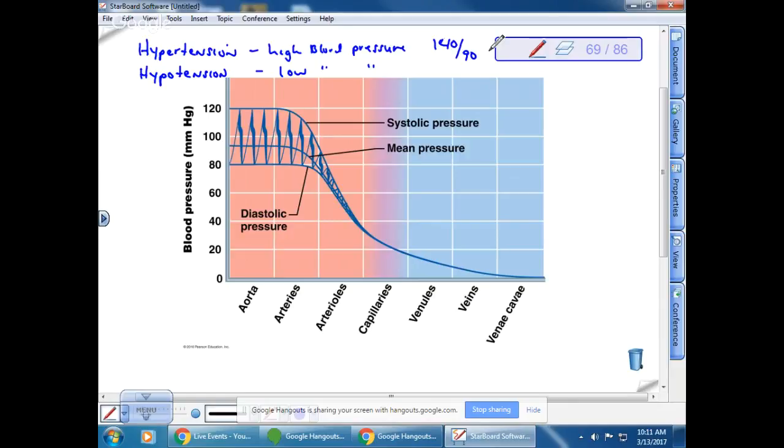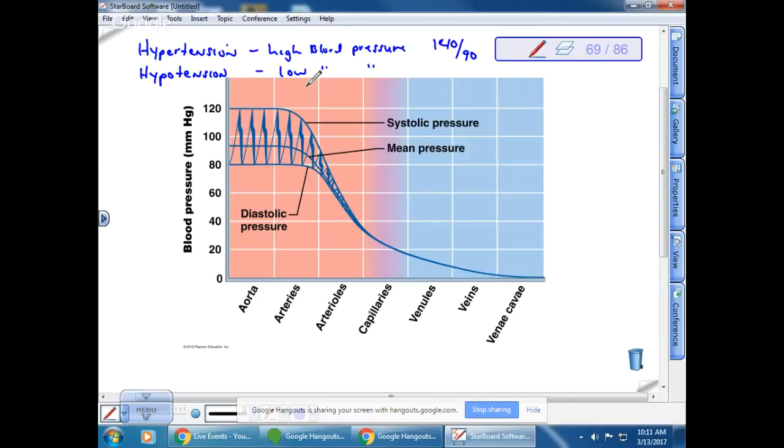Okay. Low blood pressure is not necessarily a bad thing, although if it's consistently low, sometimes it can lead to fainting. So when people get up and you have low blood pressure, you probably all experience this, getting up too fast. One of the things that happens is sometimes your vision goes away, so it turns white or it gets fuzzy, right? And you feel like, oh, I gotta sit back down again. That's because when you stood up, your blood pressure was not high enough to pump against gravity and get the blood back up to the brain. So if you're lying down and then sit up really fast, sometimes that can be a problem, okay?